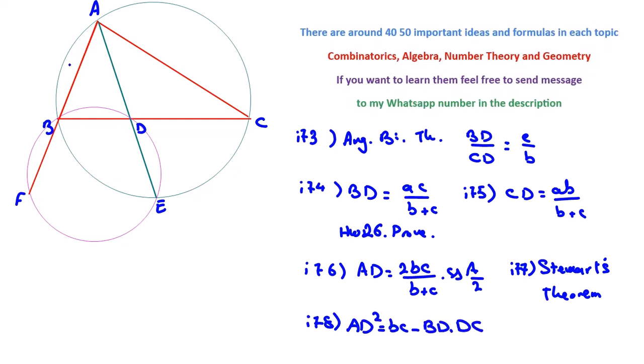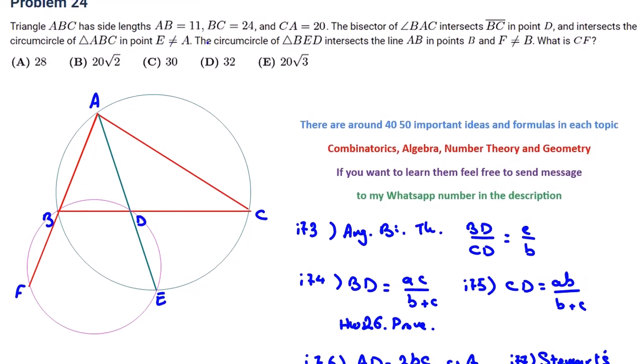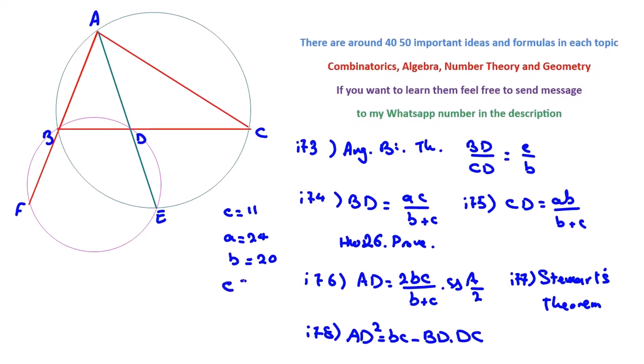Now that I've told you these things, we know that AB is 11, so c is 11, a is 24, b is 20, and we want to find CF. Now you can calculate some lengths here by the formulas I told you, and then try to see, can you find CF? Try first on your own. And here for CF, let me also tell you something. You should use